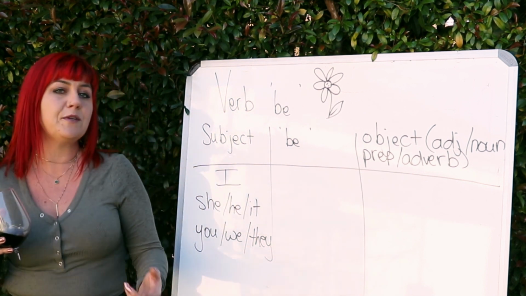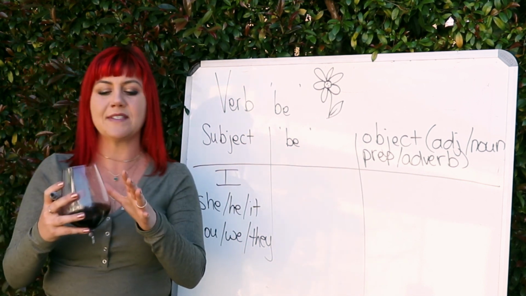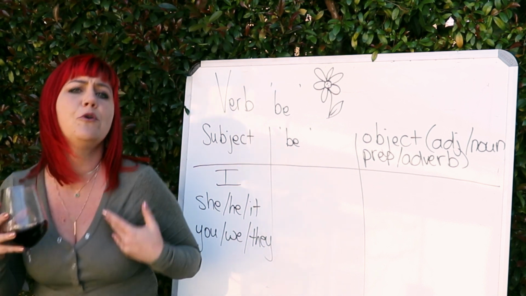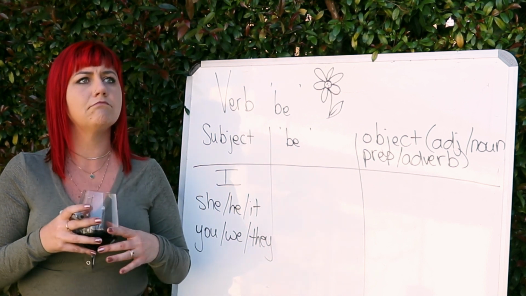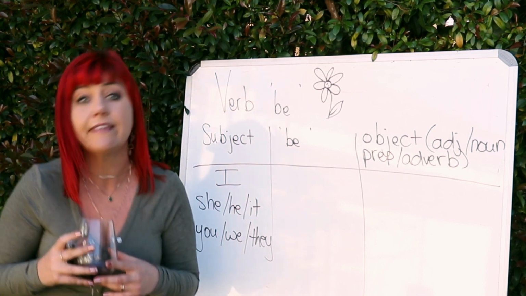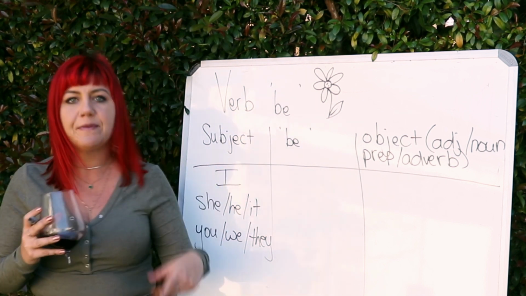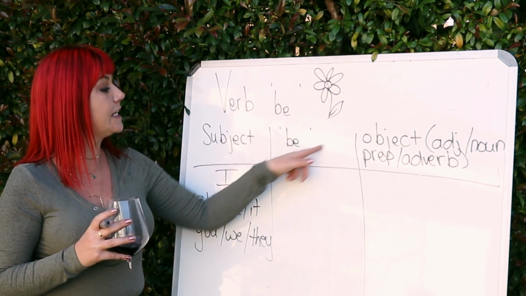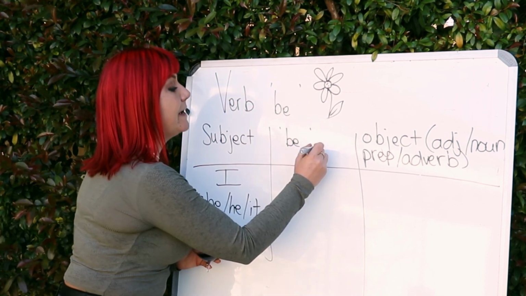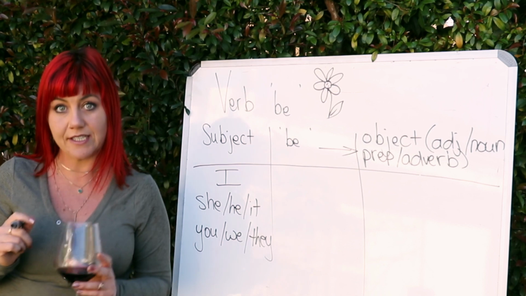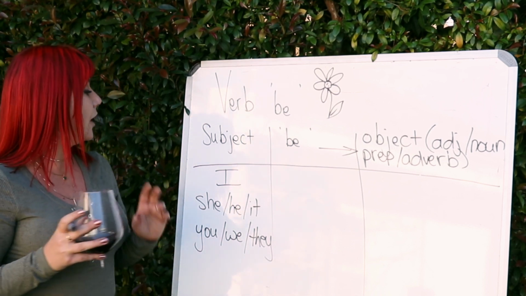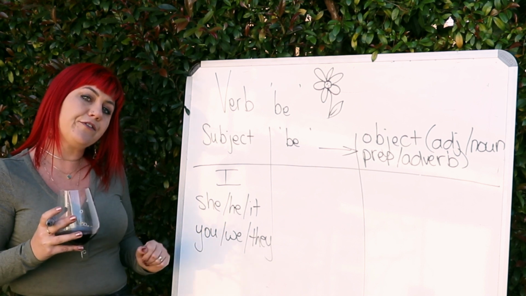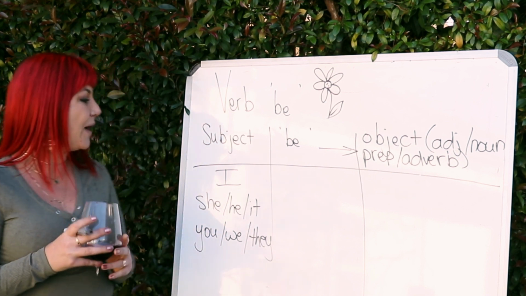So we use it when we want to speak about our names, nationalities, the weather, emotions. That's all I can think of right now. As they come to me, I'll make it happen. So this is basically giving more information to this. So each subject has got its own verb to be. So let's see what happens.